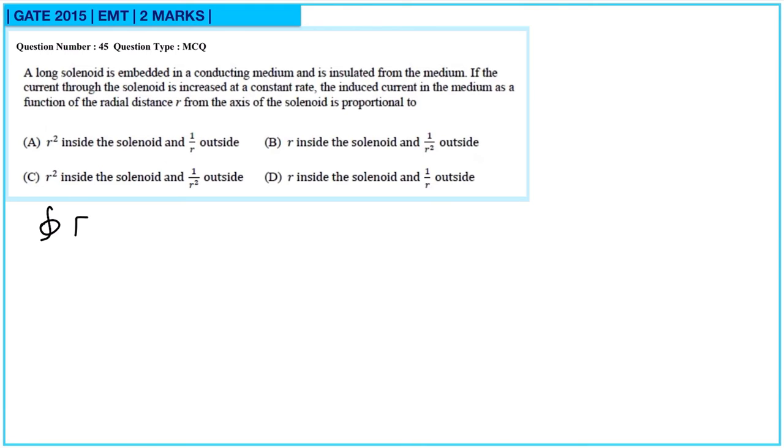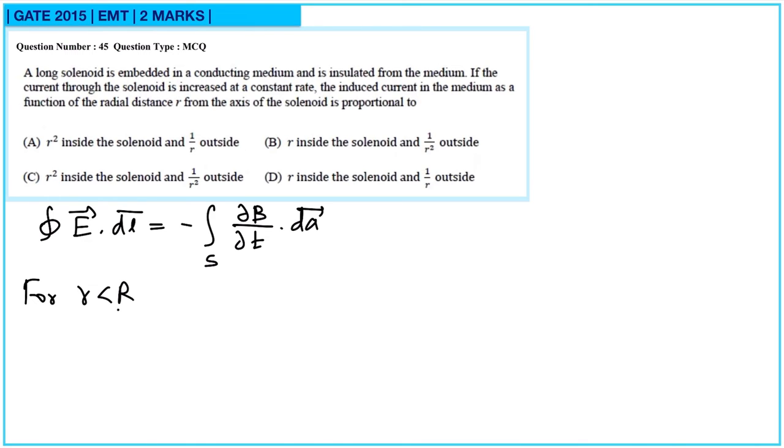Now we know the line integral of E dot dl is equal to minus dB by dt over area. Now we will calculate this for two regions. So consider r less than R, where R is the radius of that solenoid. So this will be E into the integral over dl, so that will be 2 pi r, so E into 2 pi r, this will be equal to minus of